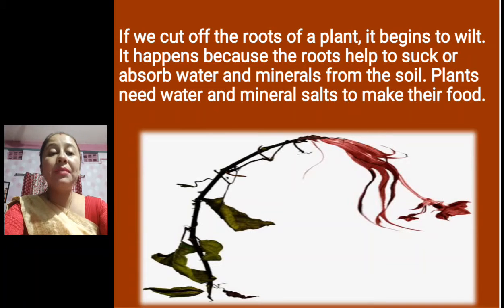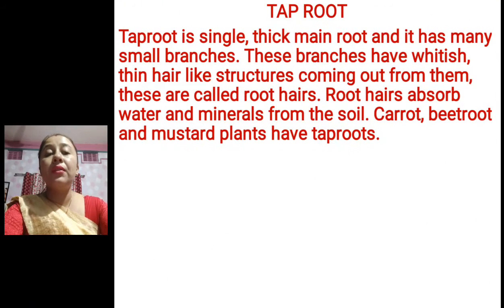It happens because we have already learned that plant roots absorb water and minerals from the soil. So plants need this water and minerals to make their food. So if you uproot a plant, they cannot absorb water and minerals from the soil. So children,